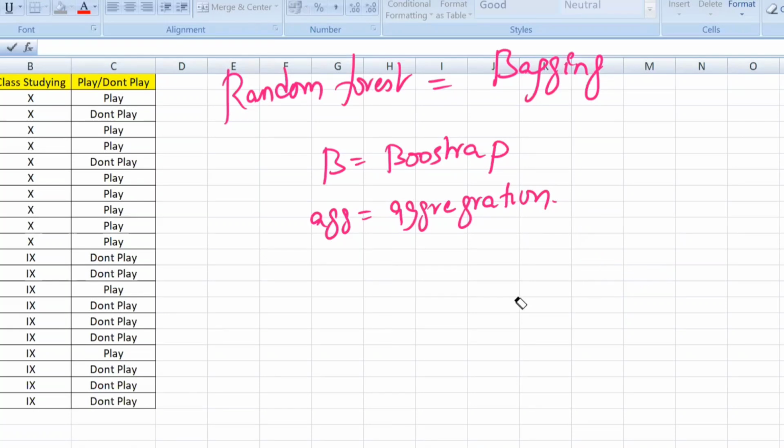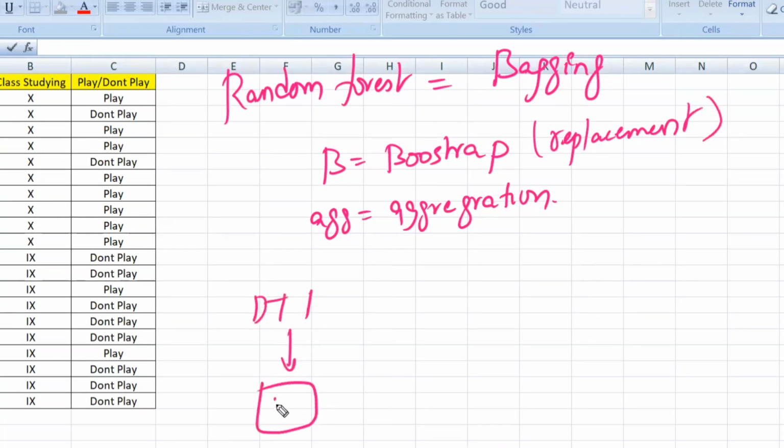Bootstrap means with replacement. With replacement means decision tree 1 has already selected some part of the records. For example, out of these 20 records, it has already selected 5 records. Now decision tree 2 can use these 5 records again, because they are shared back to the original set.